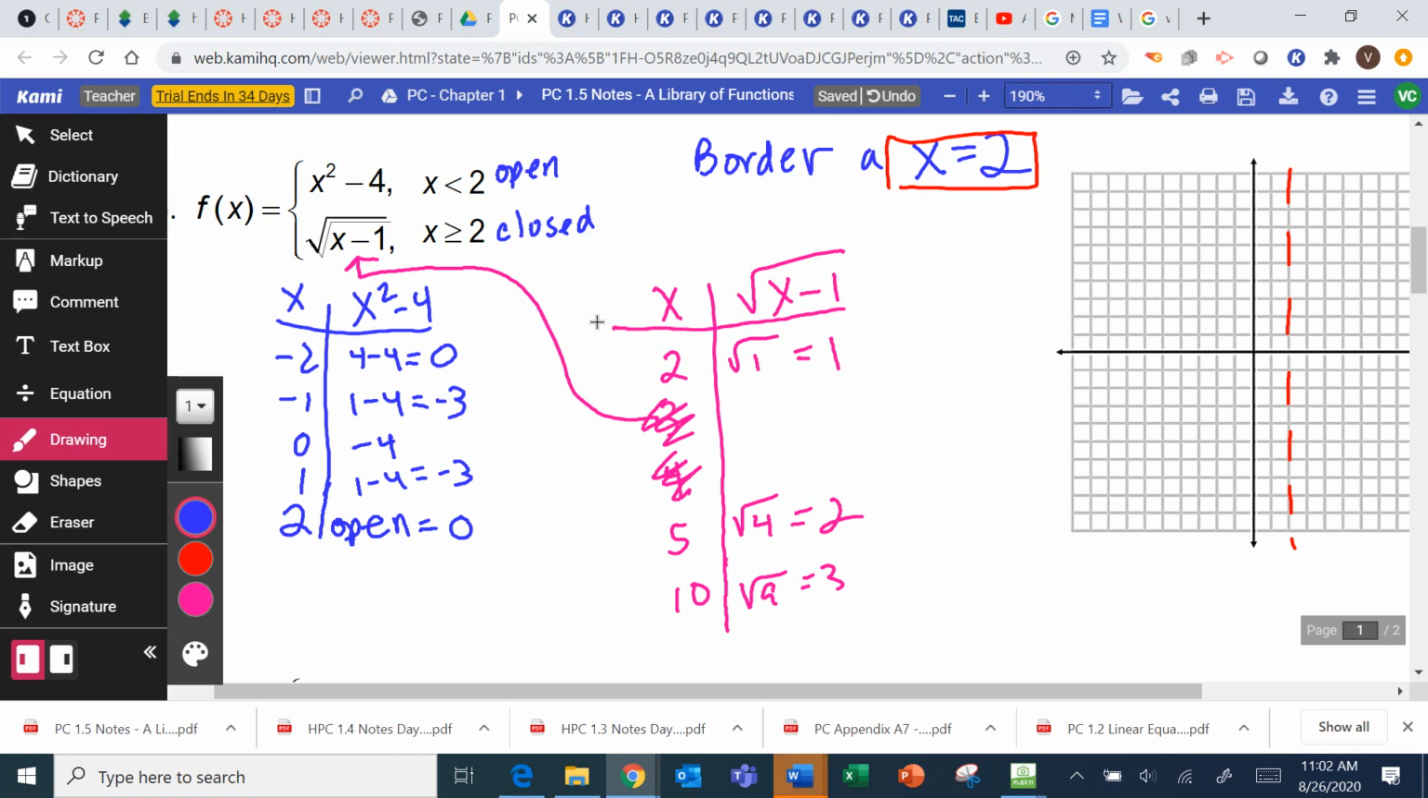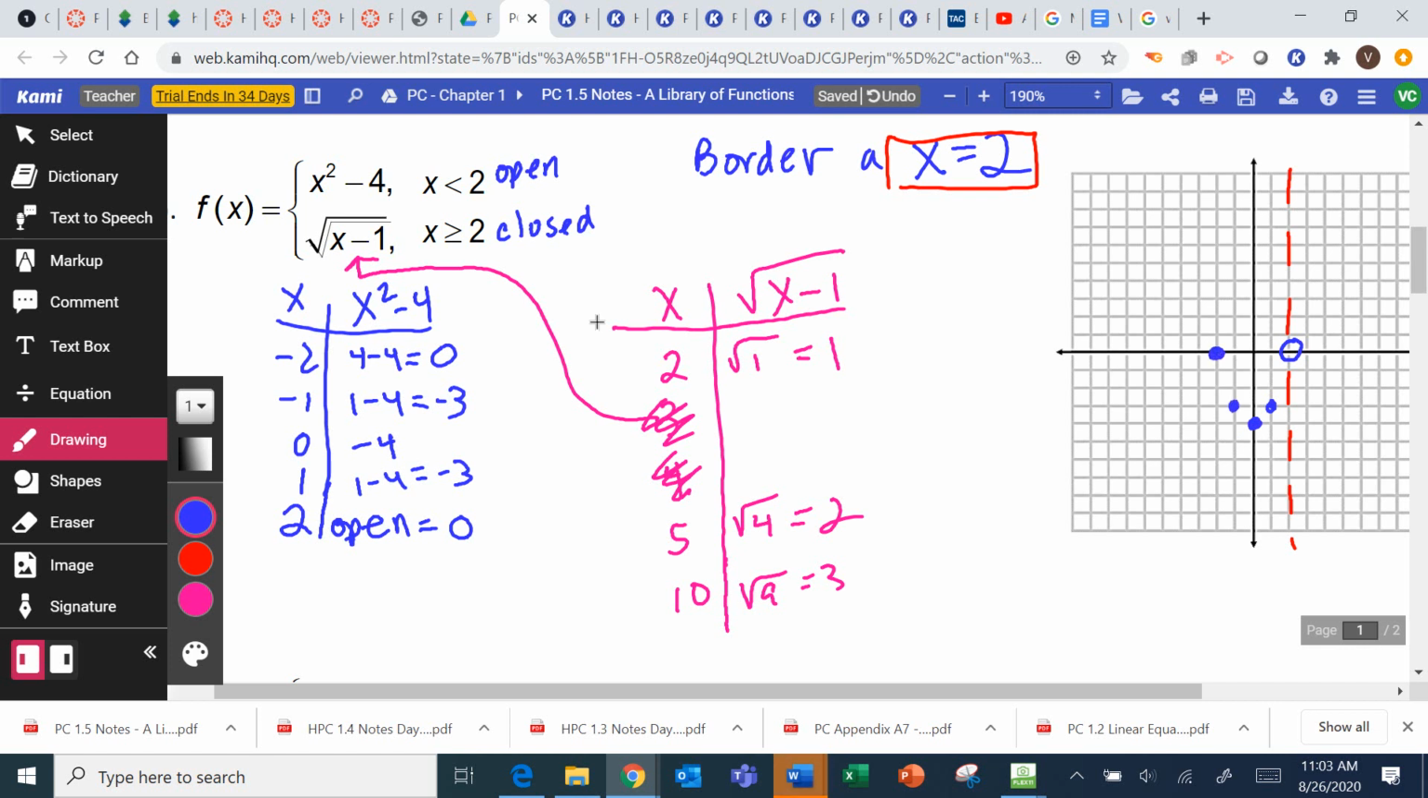All right, so when I'm looking at my blue one and I go to graph it, I have 4 points that I could plot, but I also have an open point. And you make sure that it's open. It should be right on the border. 2, 0 should be open. And then I will plot 1, negative 3, 0, negative 4, negative 1, negative 3,